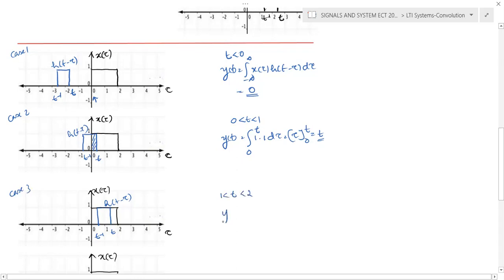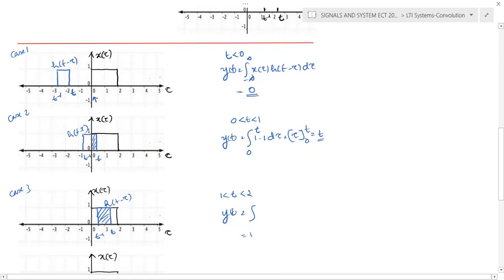For the duration 1 to 2, if you evaluate y of t, you can see that when t is moving from 1 to 2, the shaded area is constant. The width of this particular pulse is 1 unit and the height is 1 unit, so you will always get the answer equal to 1, because it's a rectangle with width 1 and height 1, so the area is equal to 1. Either you can use this approach, or you can start the